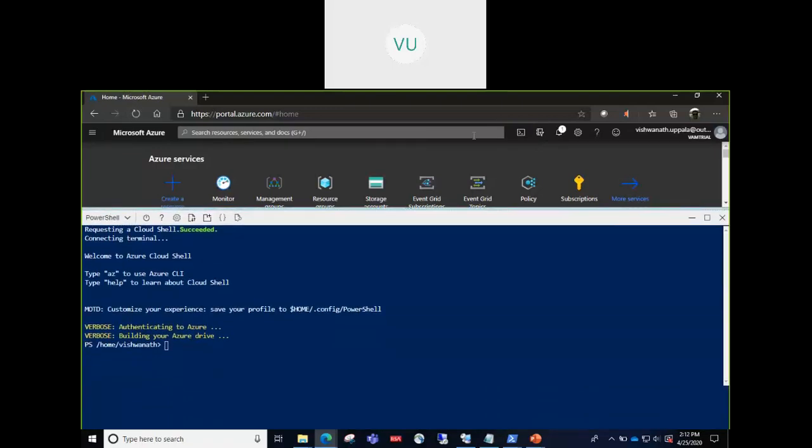So what it's doing is, as I clicked on this Cloud Shell icon, it's setting up the environment for me to run PowerShell commands. It will have the context because I'm logged into my Azure account using the credentials. So it is trying to set up that same context in PowerShell itself. Here I don't have to log in again to my Azure portal. It has already authenticated me behind the scenes and the context is all set up now. I can start using the PowerShell commands here.